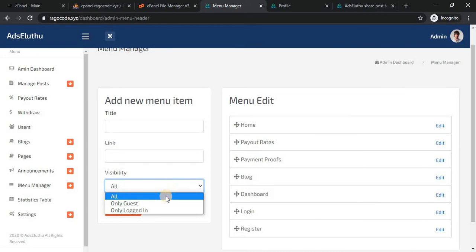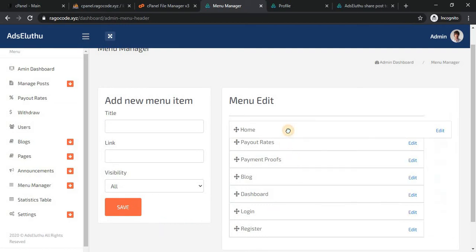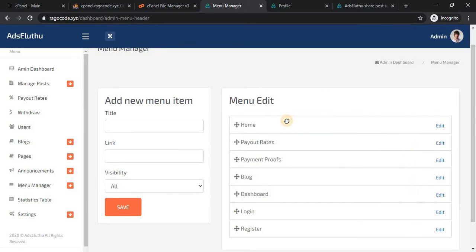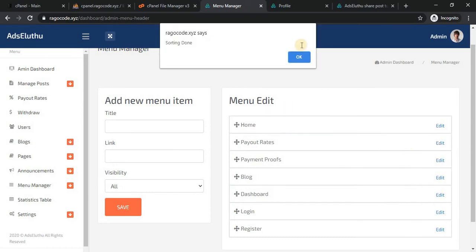In case you only click guest, the visitors, unlogged users only can see the menu. If you set only logged in, if the user signs in, only that user sees that menu. This option is very useful for the users, and also you can set a position.